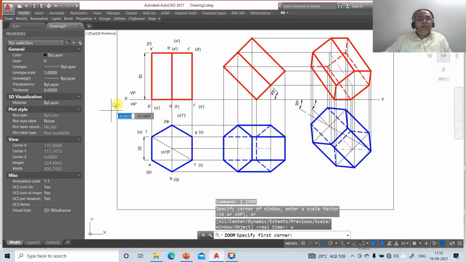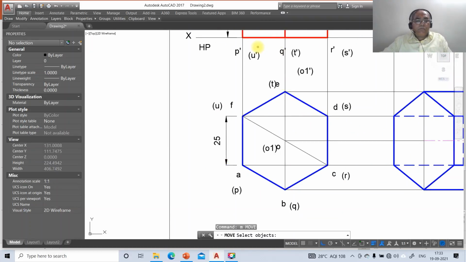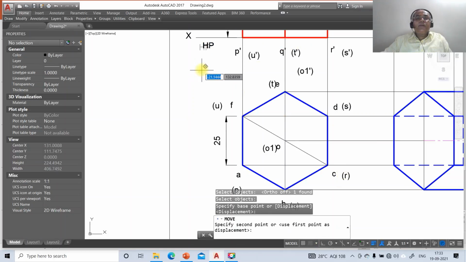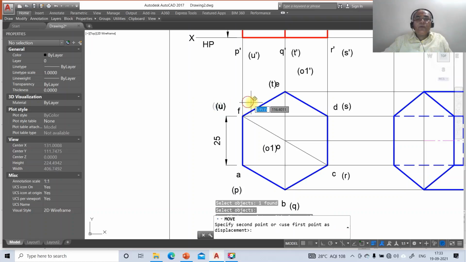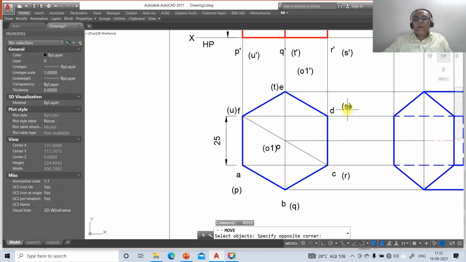So then just go to zoom window, move. So you switch off this, you take HP, you take X, you have F, you have U, you have E, you have T, you have D, you have S, you have O, you have O1, then A,